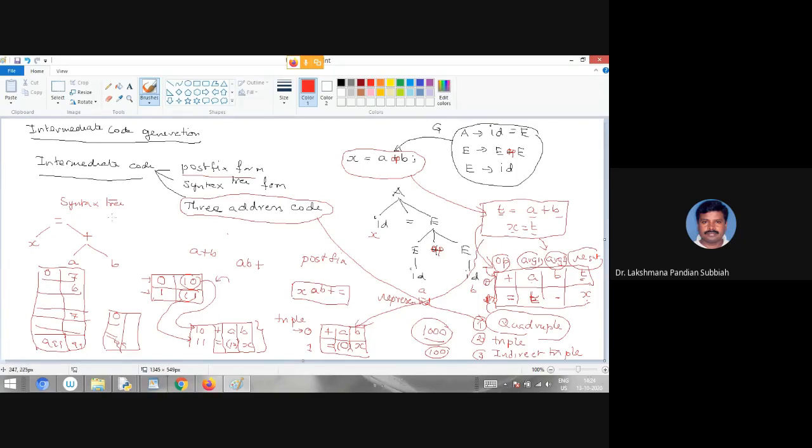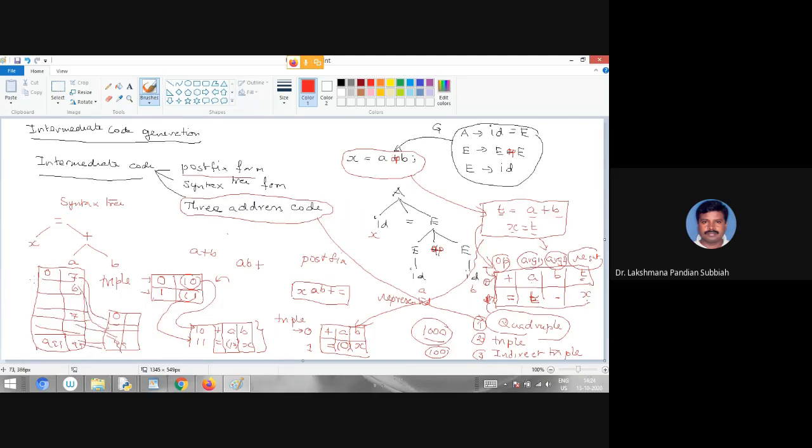So the advantage of indirect triple is, if a statement is repeated, we write it once in the list, then we give another array for the indirect list, right? So here we have 0 to 999 statements, and if a statement is repeated, it gives the corresponding statement.